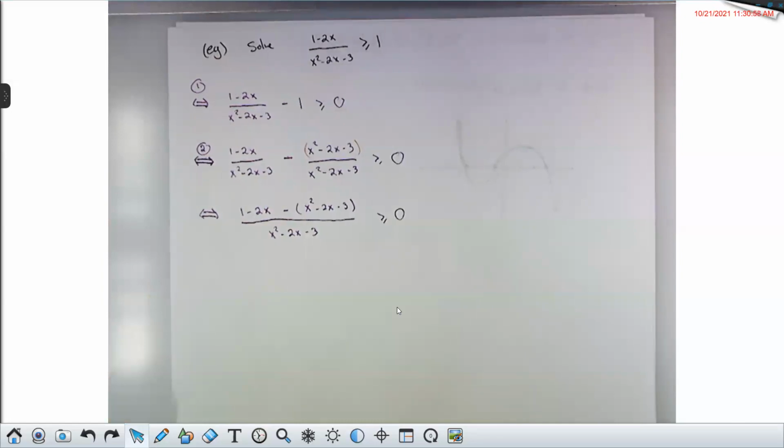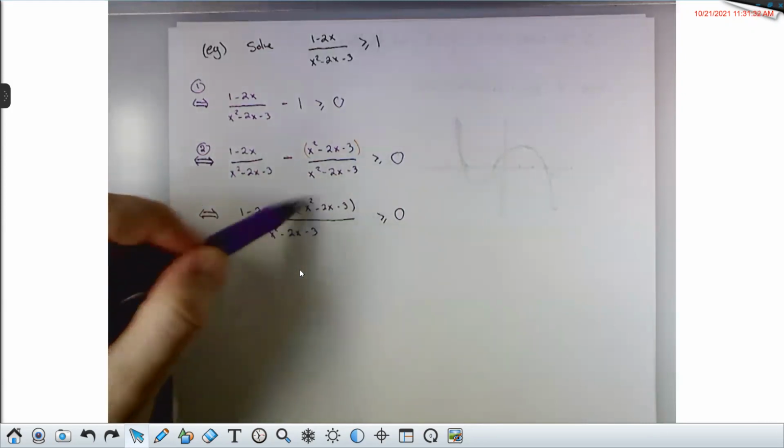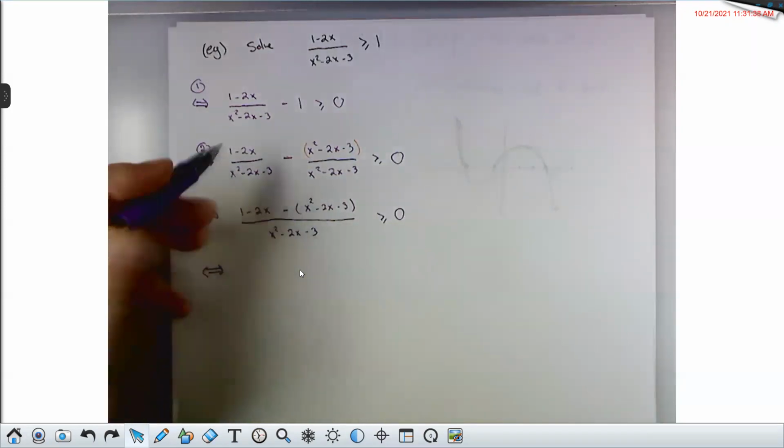Yeah, good question. So should you factor the denominator before or after finding the common denominator? I would wait, because if you imagine at this step, I factor the denominator. That's not bad, right? It's x minus 3 times x plus 1. Then I would multiply this by (x minus 3)(x plus 1) over (x minus 3)(x plus 1). But then I would need to FOIL that out in order to combine like terms. So I recommend doing the common denominator, then factor. So right at this step, if this was already factored, then I would need to FOIL it back out in order to combine the like terms here, the 2x and the constant.